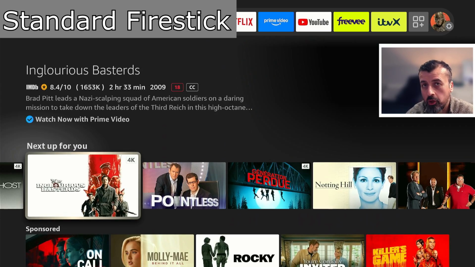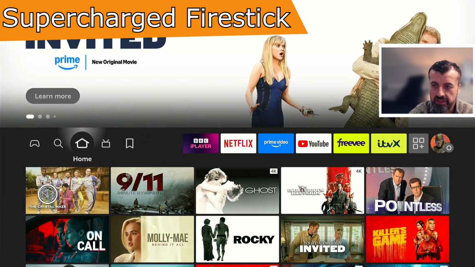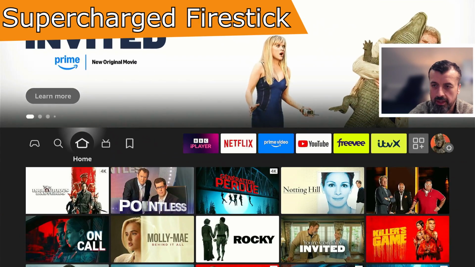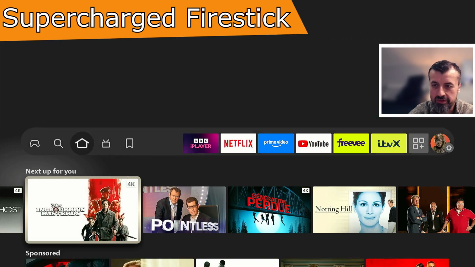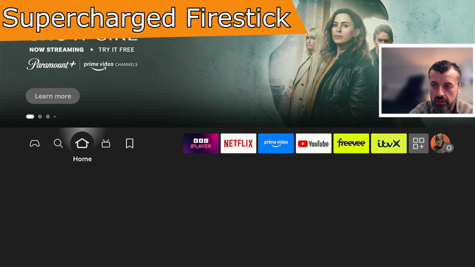And let me now show you an optimized supercharged Firestick. So down, up, bang, bang. You can just see, guys, every action, it just becomes instantaneous. So down, up, down, right, up, down. Long press home, instant. Long press home, instant. Long press home, instant. You can just see, guys, the whole experience moving around, clicking on things, just seems to